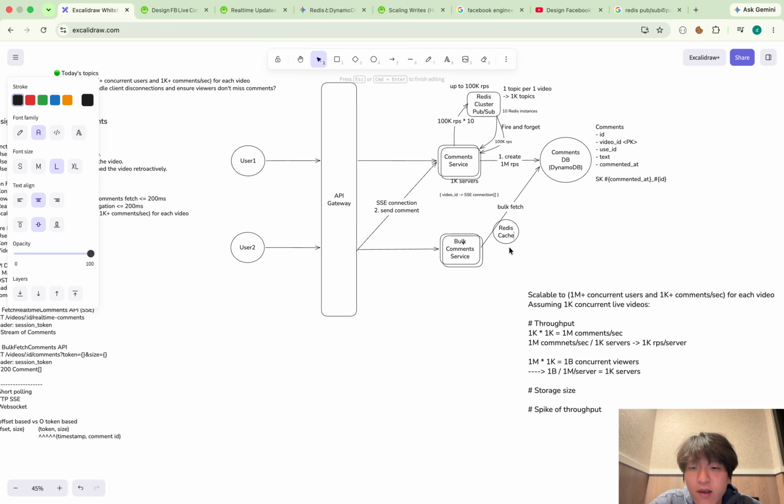So what I can do is, for each key, I make it a, let's say, 100 millisecond to 200 millisecond key, and I store the list of messages.